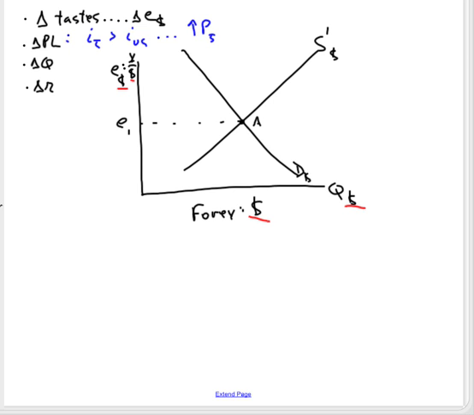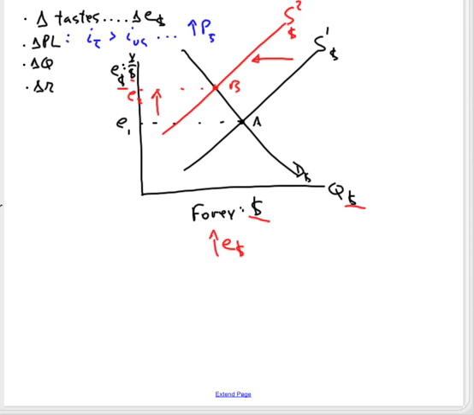Well, if Japanese inflation is greater than American inflation, then Americans will, all other things being equal, be less interested in Japanese goods, and they will therefore supply fewer dollars in the foreign exchange market, causing an increase in the exchange value of the dollar. And you can do it in your head.